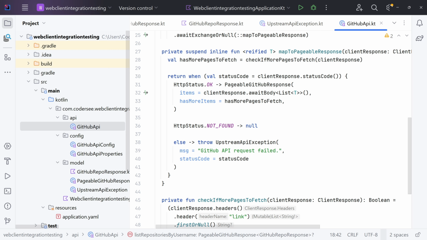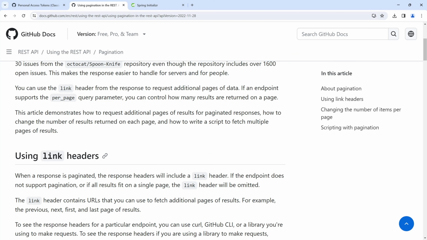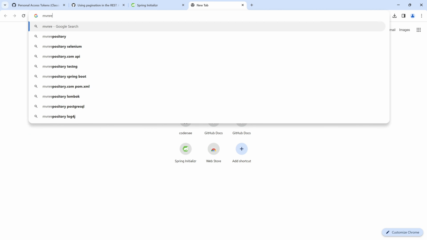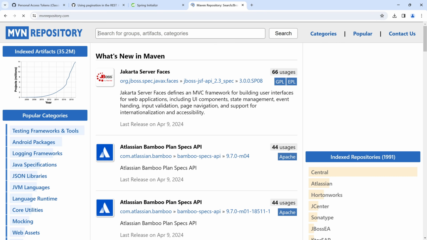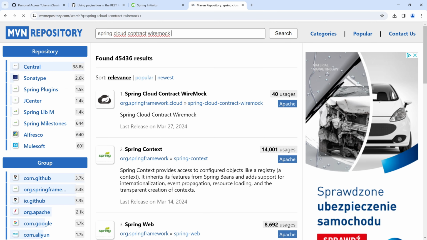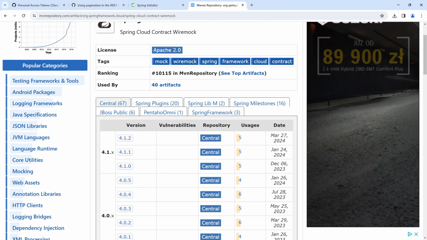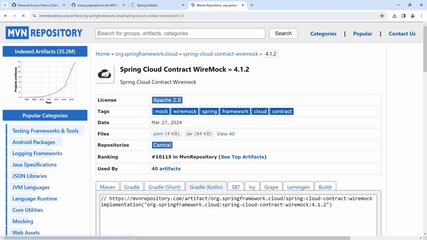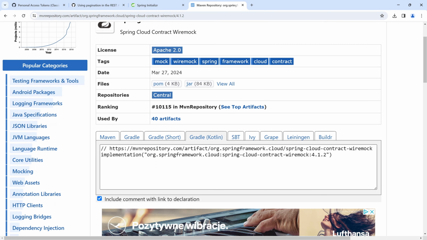As the next step, we need to add the necessary dependencies. We need WireMock and KotlinX coroutines for tests. So let's open up our browser once again and let's navigate to Maven repository, mvnrepository.com, and let's search for contract WireMock, Spring Cloud Contract WireMock. Let's hit enter. This is the one that we're looking for. I'll use 3.1.2. Let's specify the Gradle Kotlin,